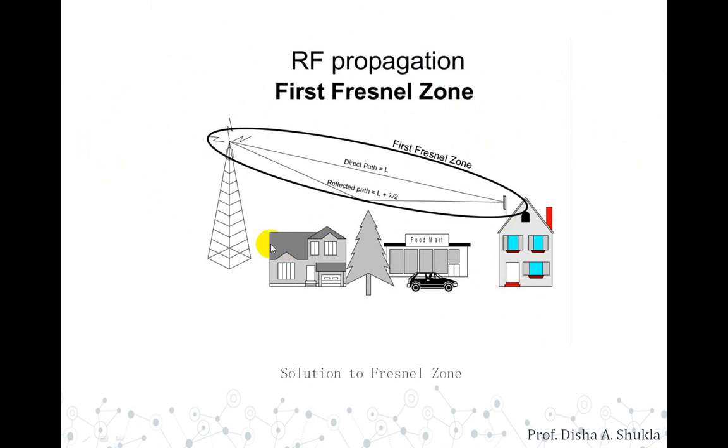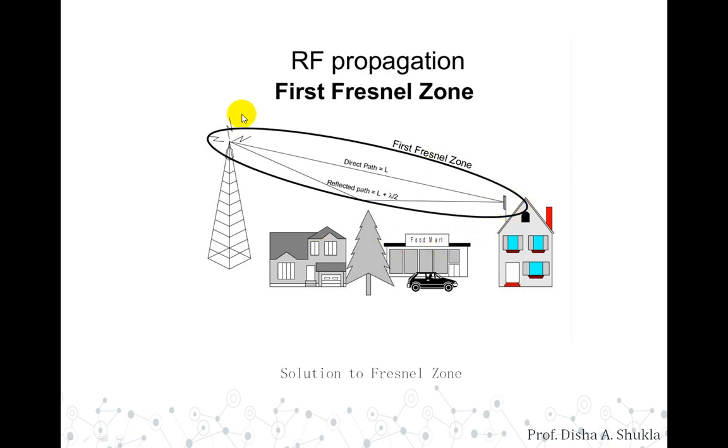So based on that, this is a solution for the Fresnel zone. We can place a particular antenna at some height. So the criterion for line of sight can be seen from here, but the obstructions do not occur in between these two. So that can help us, and based on that the communication can be done. There is no obstruction in between these two, so it can be easy. The reflected path will again transmit the signal that will be reflected from this Fresnel zone to the receiver. They don't get lost when they collide with the obstruction.